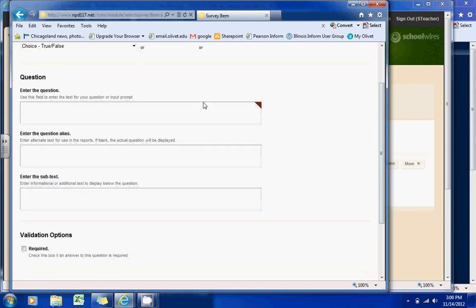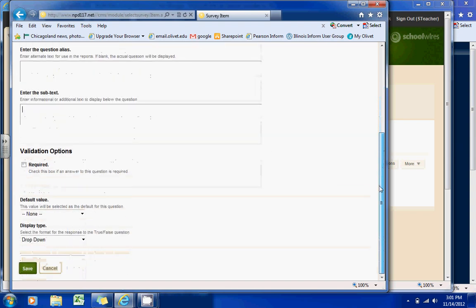If you scroll down, the first thing you'll be asked to do is insert the question. You also have the option of entering a question alias and subtext. Both of these are optional, but if you choose to do so, you can enter text in these boxes as well. Scrolling down even further, you'll notice a validation options section. By checking the box that says Required, you will require users who are taking the survey to answer this